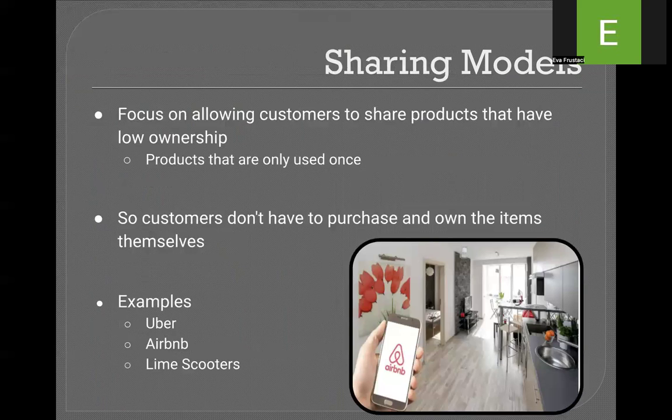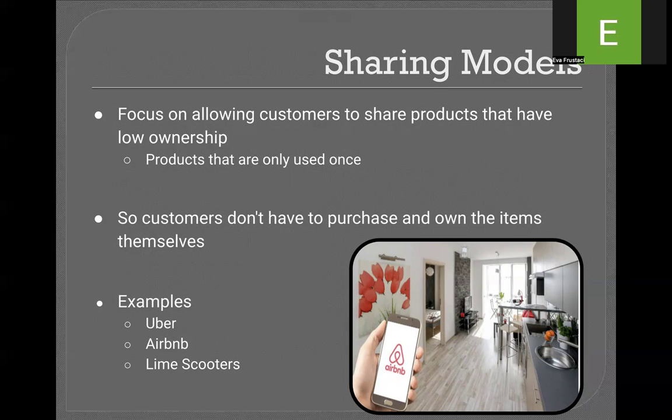All right, sharing models, pretty simple. Sharing models are how do we get customers to share things that typically have low ownership? Products are used only once or not often. And we think customers have to purchase all their own items, so they can share them, reducing the amount being produced, reducing the amount of materials that are maybe extracted in the primary sector, reducing